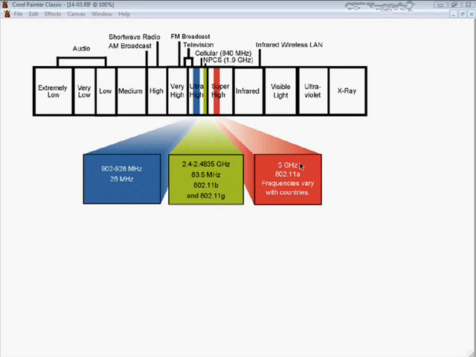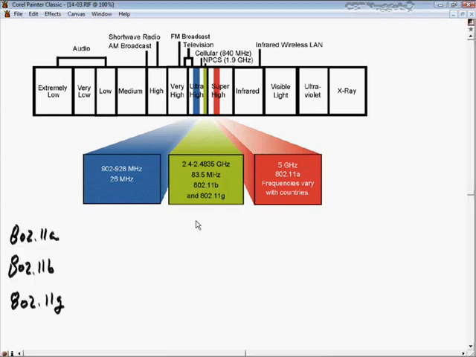So you need to memorize especially this one in green and this one in red, because this particular 2.4 to 2.48 gigahertz is what governs the very popular and ubiquitous 802.11b and .11g wireless standards. 11a, which isn't used as much anymore, is going to operate in the 5 gigahertz range. So we want to focus on .11a, .11b, and .11g. There is a .11n that's out on the shelves now, but we don't care about that for our Network Plus